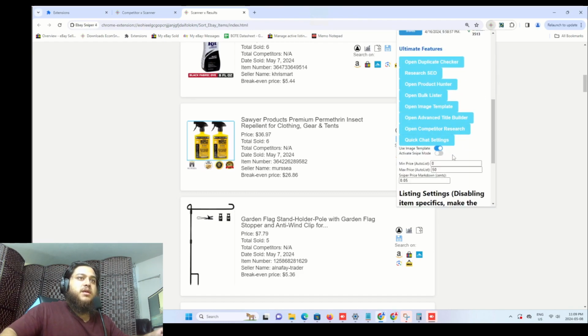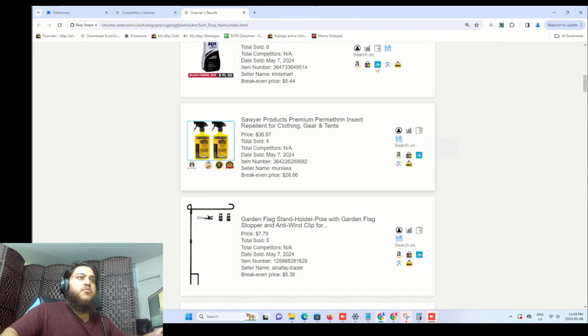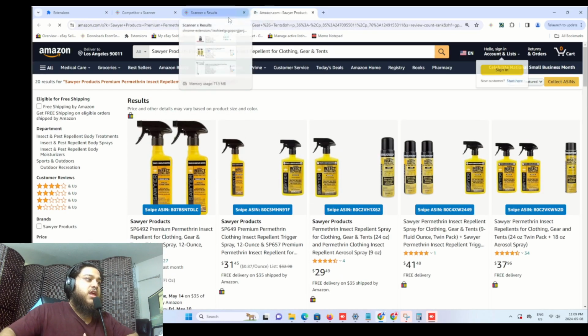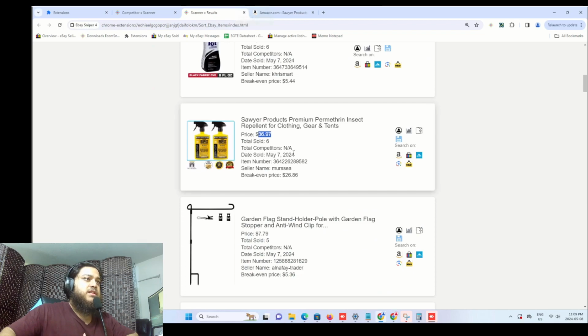I'm just gonna do something. I'm gonna turn on snipe mode, right? Snipe mode, it just makes sniping a little easier. So this item we're looking for, 36.97 for 2 of them. So let's see if we find it. Right over here, 18.99. So let's go ahead and copy this, and we're looking for Spire products,